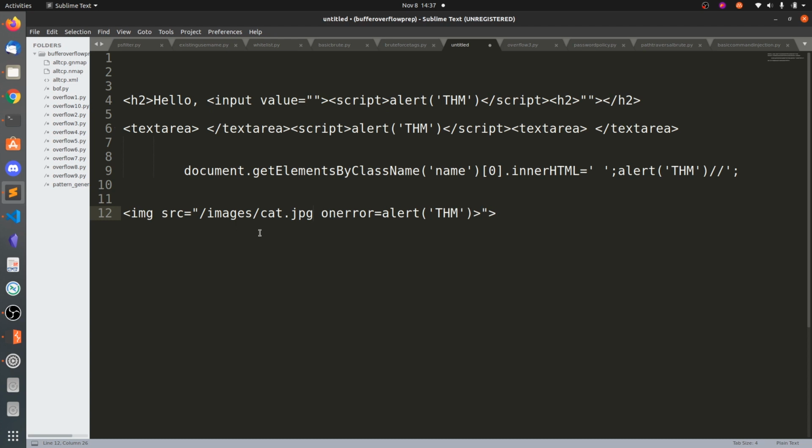So what we can do is we can say onload is equals to, so whenever the image has been found, so we can say onload is equals to alert of thm.